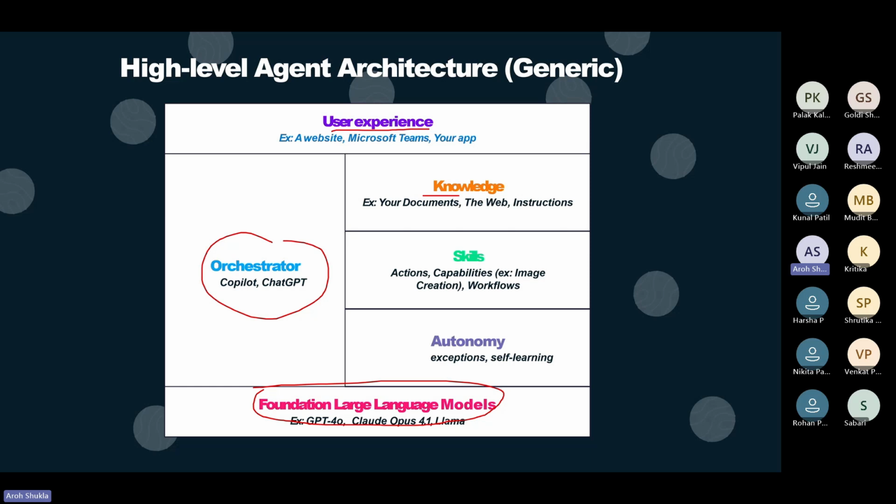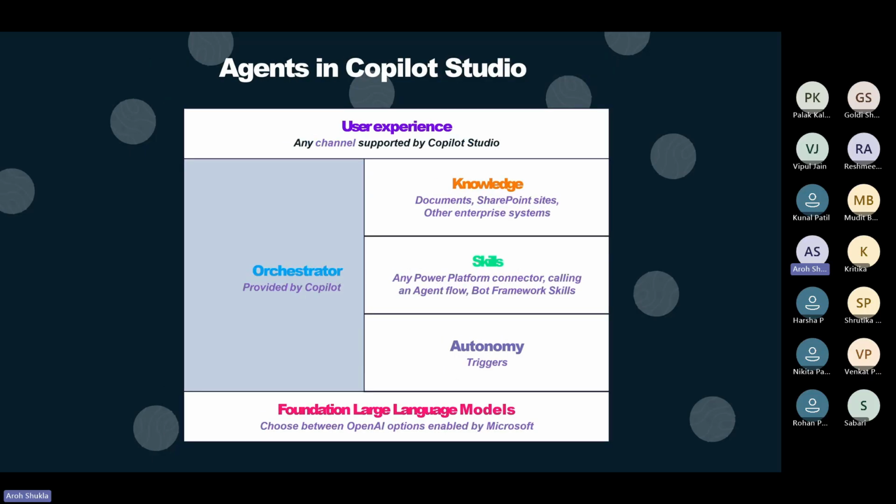And the other thing is autonomy, which is about acting independently. Think about the Tesla car, which can see the traffic and the things around it, and you don't have to take the steering wheel. You just put in the location from one place to another, and it will guide you. That is called autonomy, a self-learning kind of thing. This is generic.